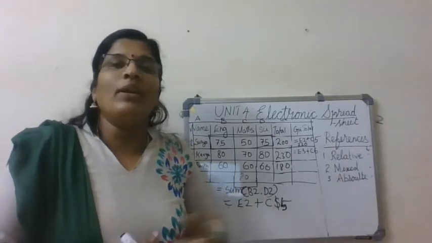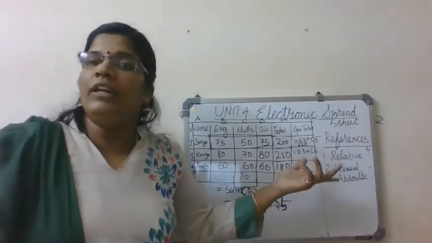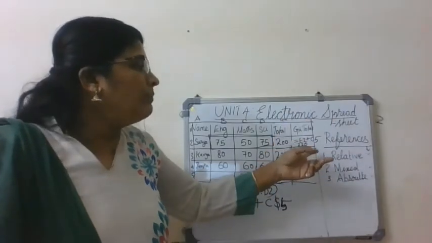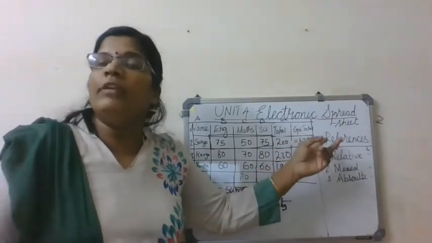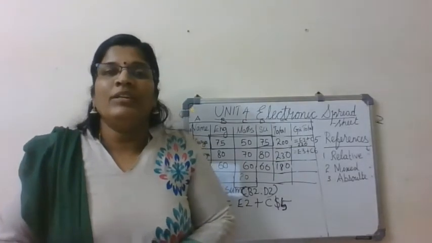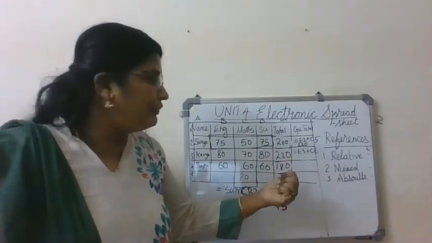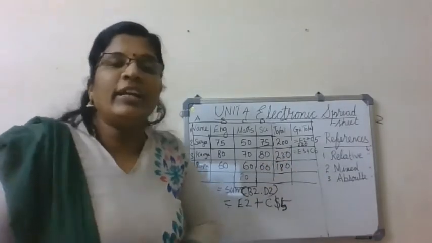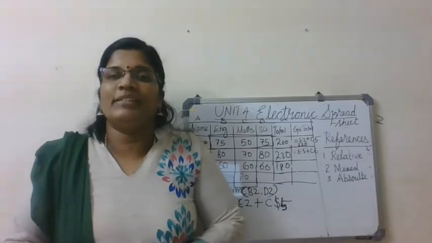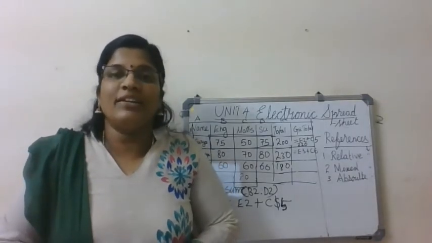Okay. So this is all about mixed reference. Then after that, if you click and drag using a fill handle, then definitely it will become C$5. It will be the same for the remaining cells. I'll show you in the practical session. Okay. So then you can get the marks: 230 plus 20 is equal to 250. Here 200. You can get the right answer for all the students, the grand total for all the students. Okay. So which is called mixed reference.